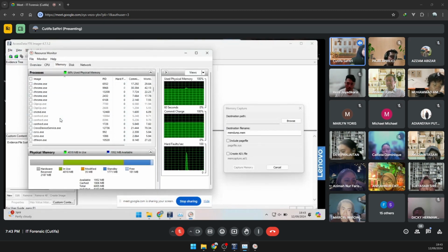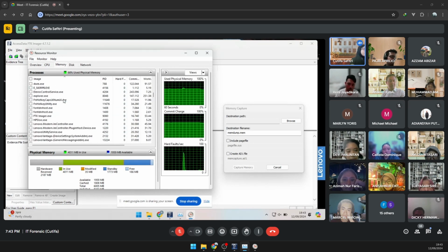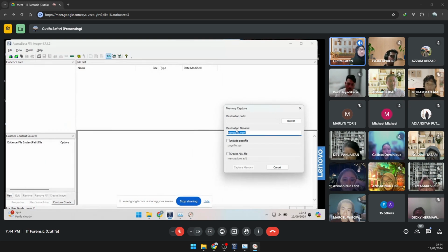So many applications. Chrome, right, and so on. So if you perform a memory dump, that would be the information that you get, which is live information on your computer. Let me open up some other discussion for us to check on your memory dump. Again, the information of your memory dump is your live RAM.